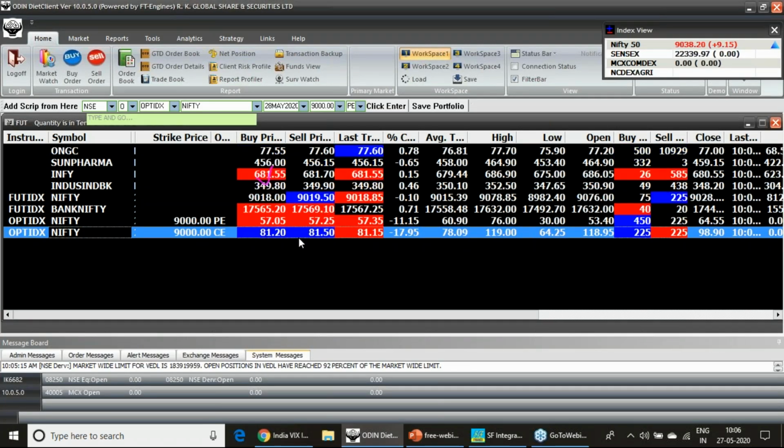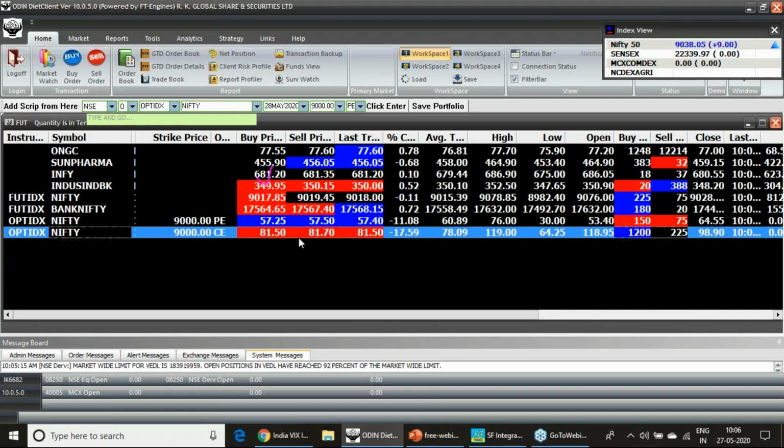I have bought the 9,000 call option and got a success. Again it has come down to 80 rupees. Again I will buy these things. Have a different strike, different thinking on this part. I will suggest that if you wanted to trade for success, better do not trade more.